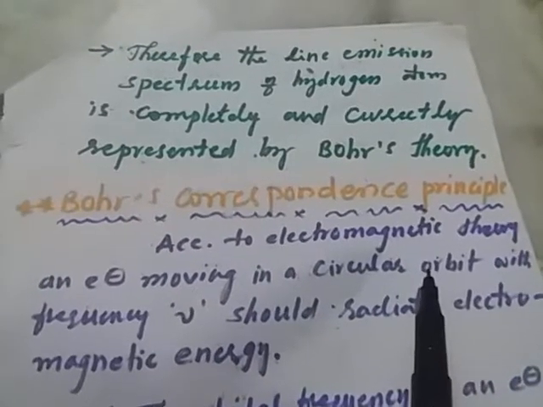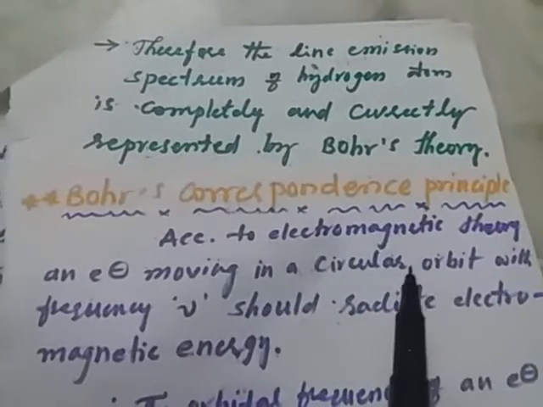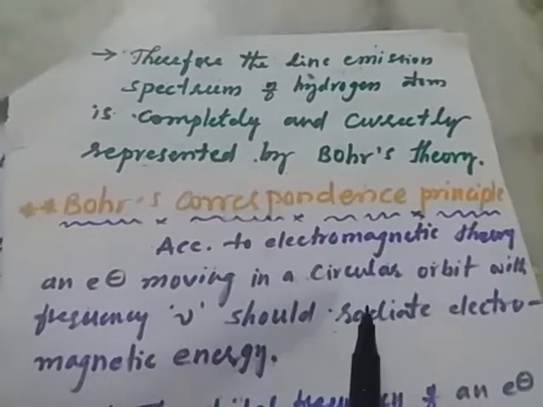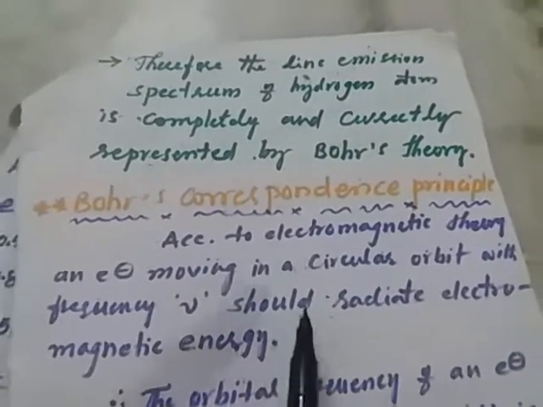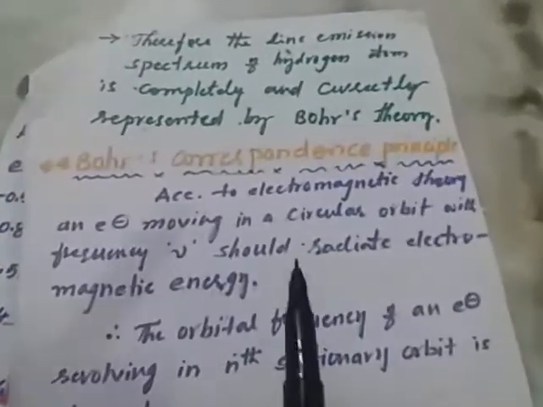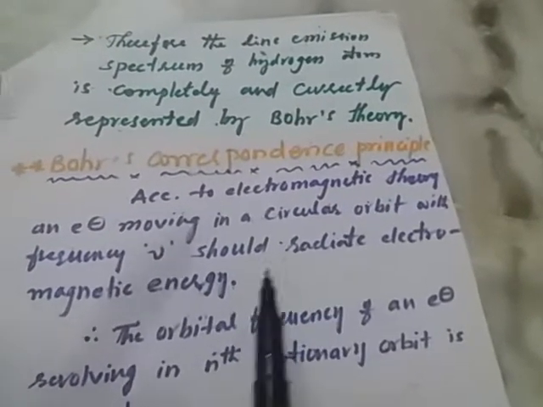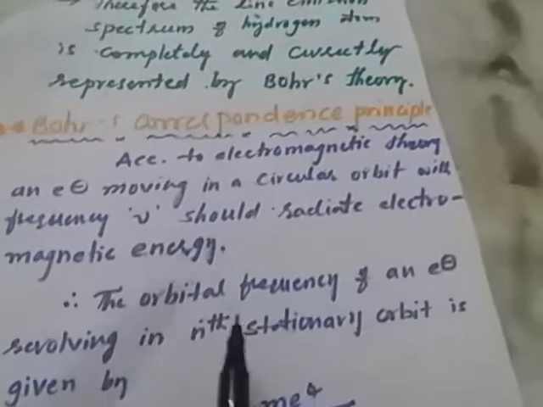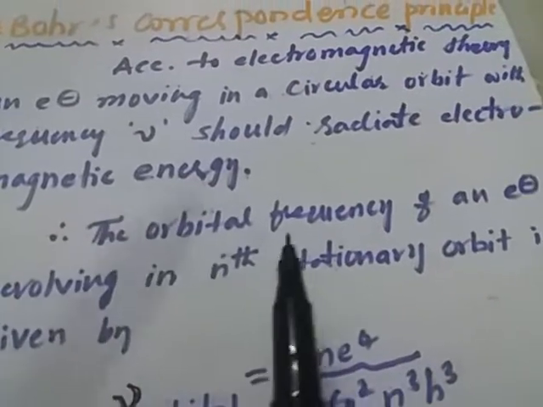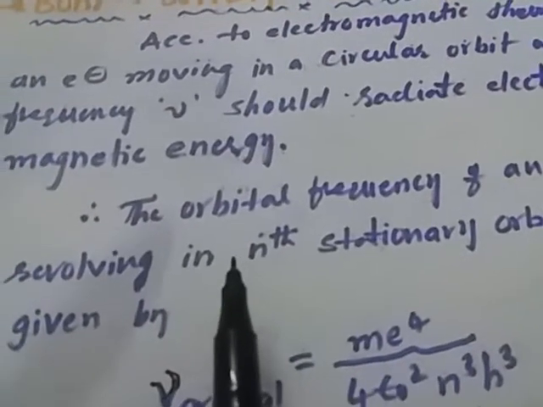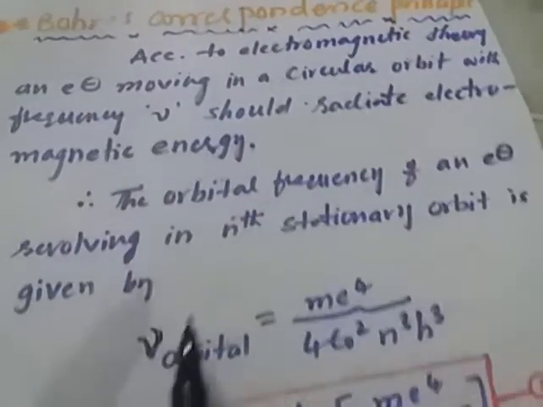Yes or no, students? Everybody knows about this. According to the electromagnetic theory, an electron moving in a circular orbit with frequency nu should radiate electromagnetic energy. But when an electron jumps from one state to another state, the radiation is emitted. So what is the orbital frequency of an electron? The orbital frequency of an electron revolving in the nth stationary orbit is given by